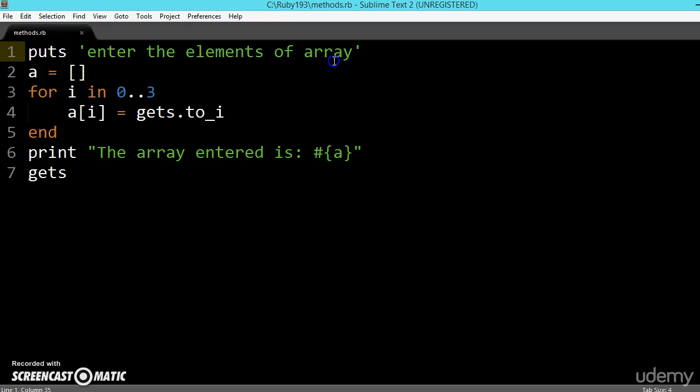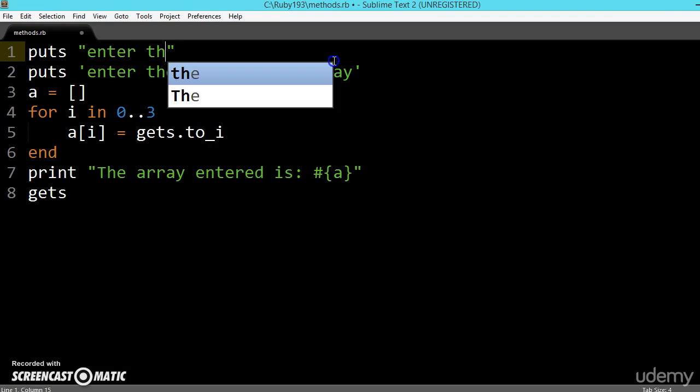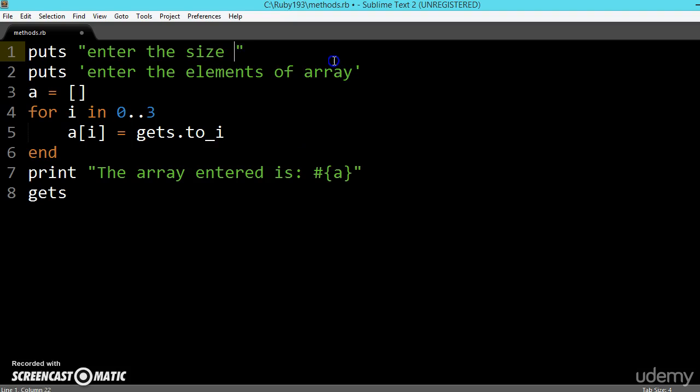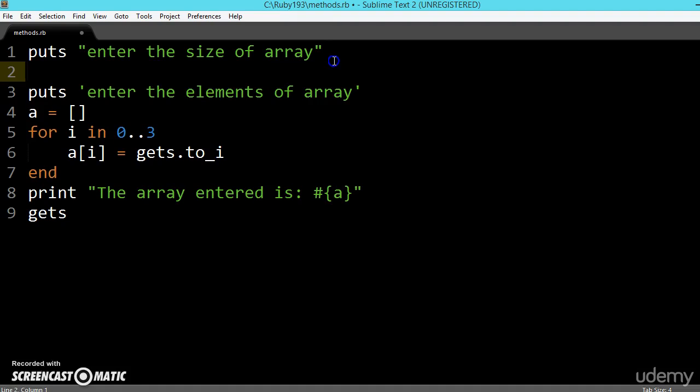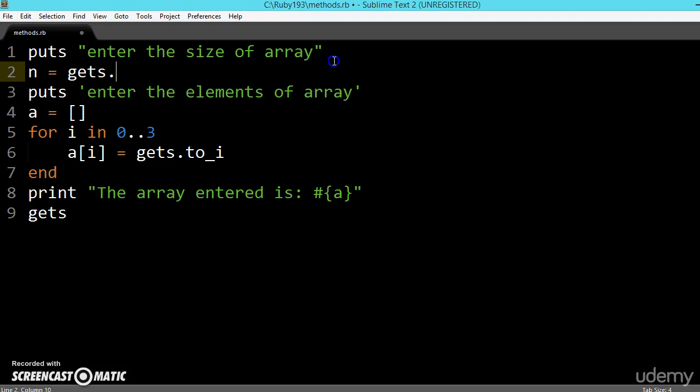So first we will be asking, let it be like this, puts enter the size of array. Okay, we are asking the user to enter the size of array, and then get the size of array into the variable, gets dot to underscore I.